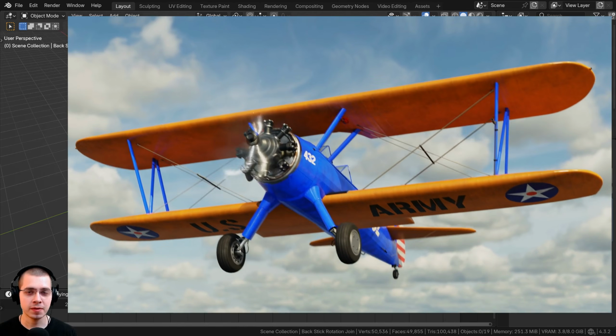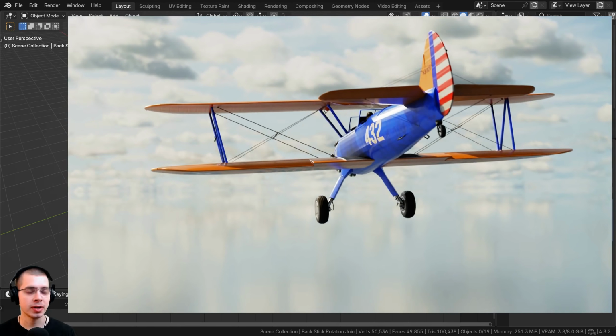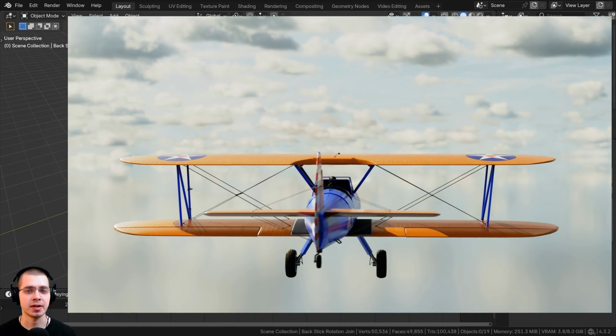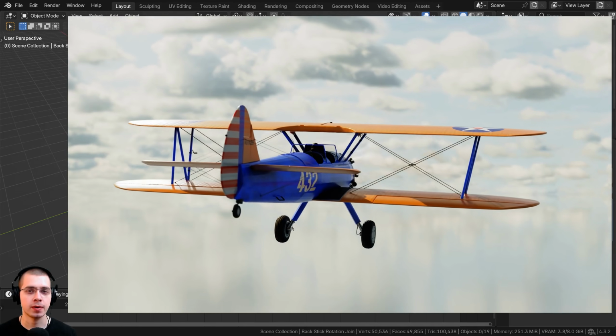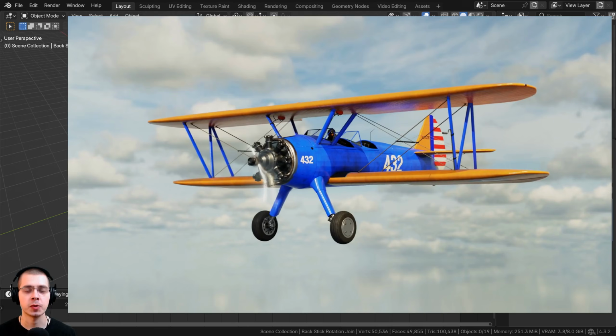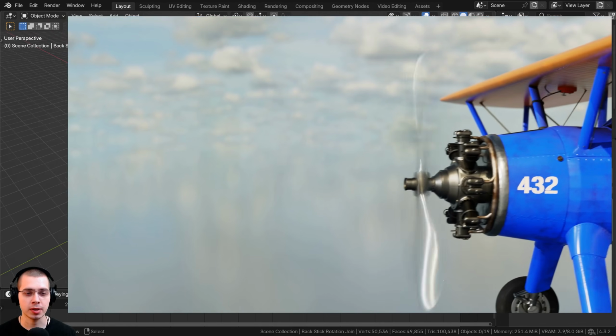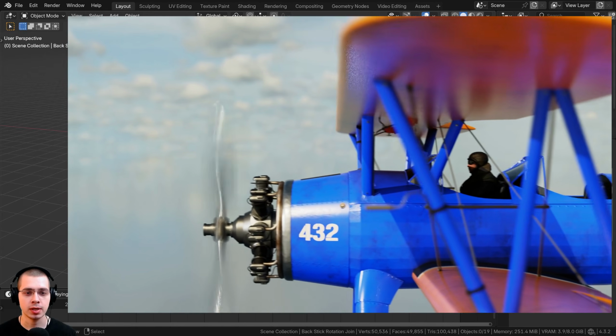Welcome to part 10 of this biplane tutorial series where we're creating this Boeing-Stearman Model 75. If you haven't seen the previous parts, definitely check out the tutorial playlist linked in the video description. So in this part, we're going to be creating the materials for the wings, the wing struts, and also the